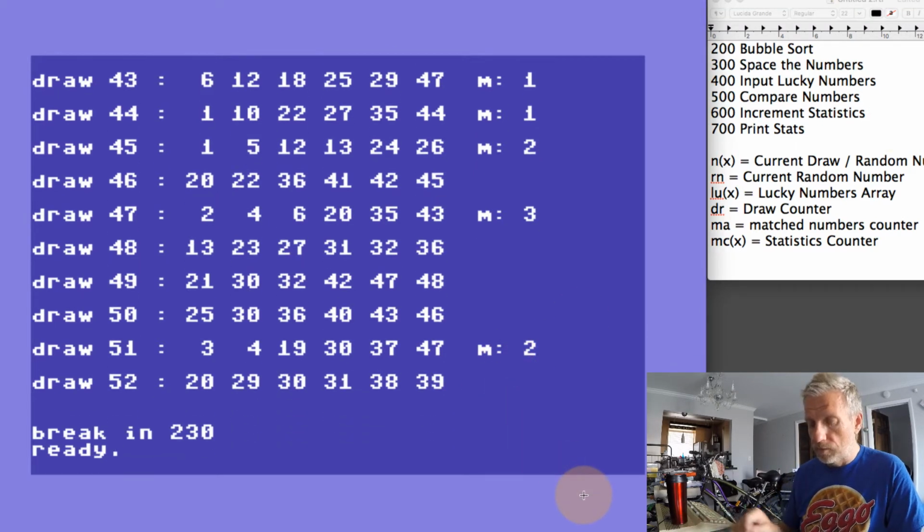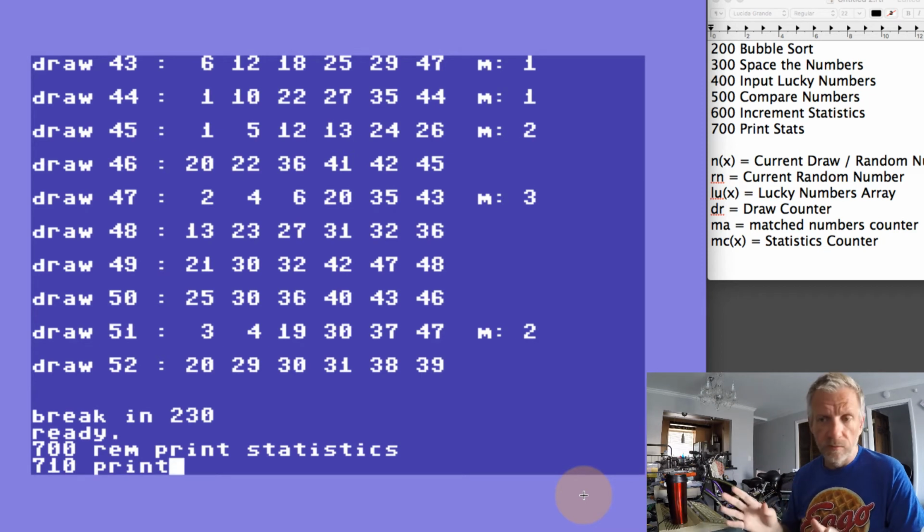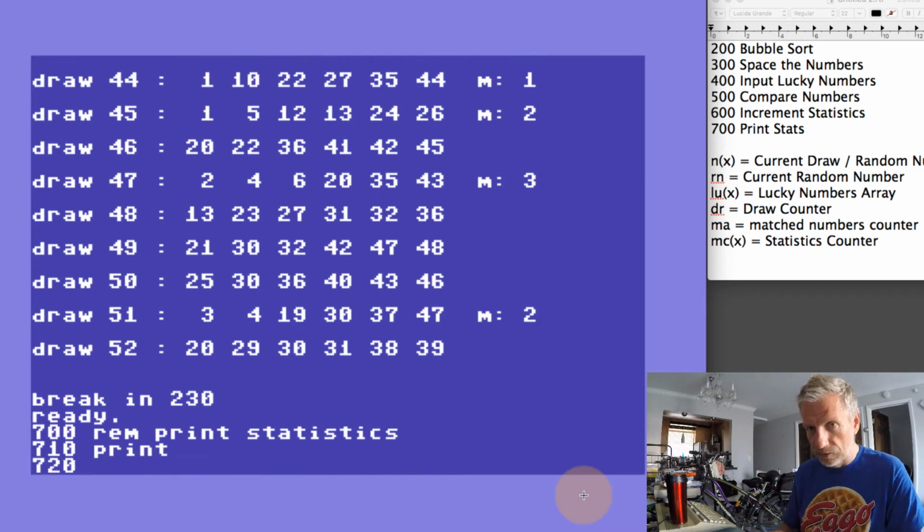So let's interrupt the program here, and in line 700, print statistics. So, what do we want to do there? In line 710, I think we'll go and print out an empty line. And perhaps we should also notify the user what the lucky numbers are, so we can put that in there. But I think for now we'll keep it really simple, and we'll just say in line 720,